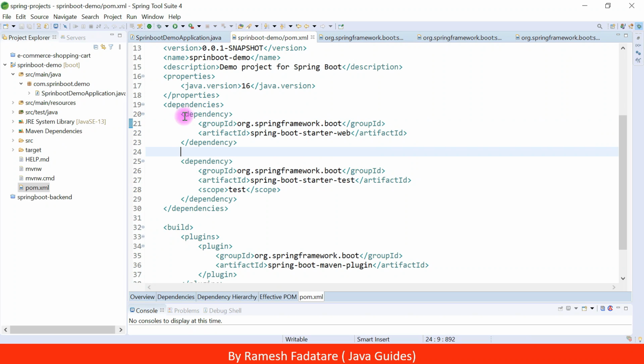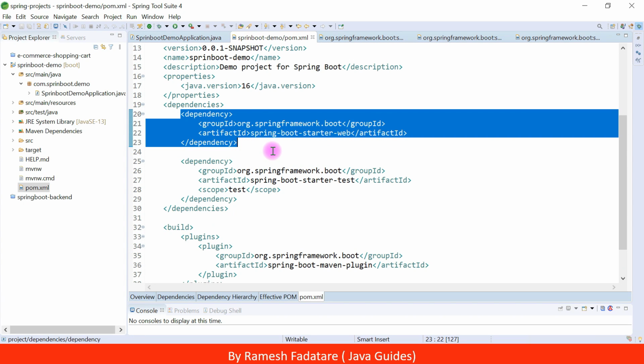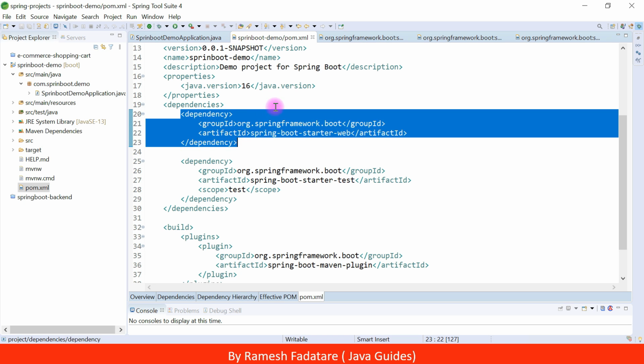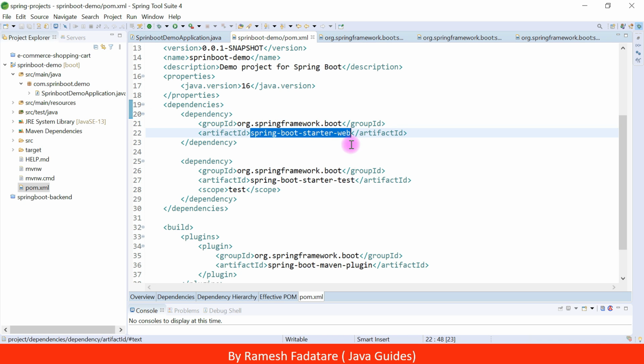Okay, so that is the beauty of the Spring Boot starters feature. It does a lot of stuff behind the scenes. We don't have to maintain dependencies, guys. Spring Boot starters take care of adding all the dependencies and other related third-party dependencies and their compatible versions, etc. So this is a very simple example of the Spring Boot starter web dependency.